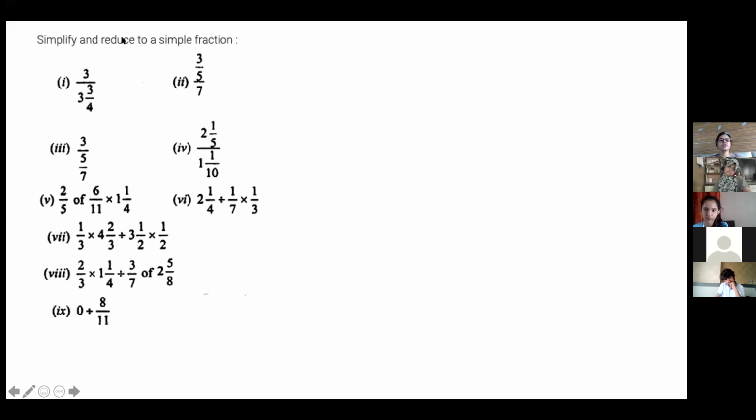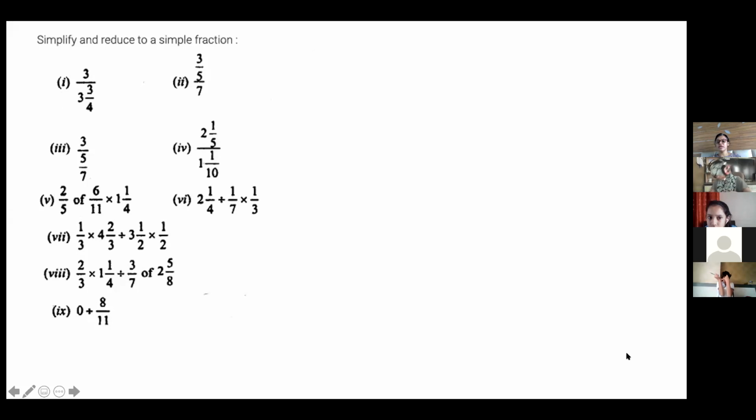Okay, now see here, simplify and reduce. This is a similar type of question. How will I do this question? See, many times you get this type of question, 3 by 15 by 4. Anyone can tell me, from Mandela also. How can you do this question? Just raise your hand.